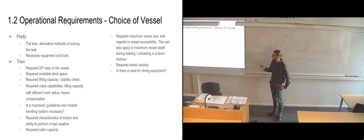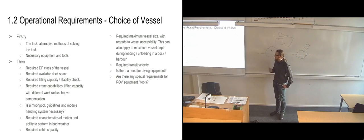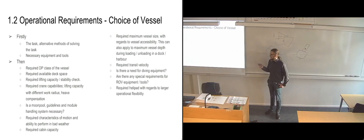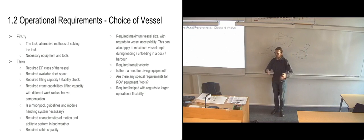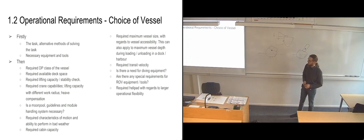Also, we need to know if there is a need for diving equipment. So do we need a diving vessel? And are there any special requirements for the ROVs or the equipment and tools that the ROVs are going to use? And if we need larger operational flexibility, so if we know that this is an operation that's going to take a while, we might have to change our crews, then we're going to need a helipad. So the vessel itself needs to be large enough to have a helipad,